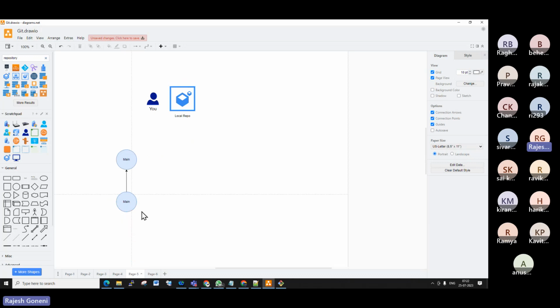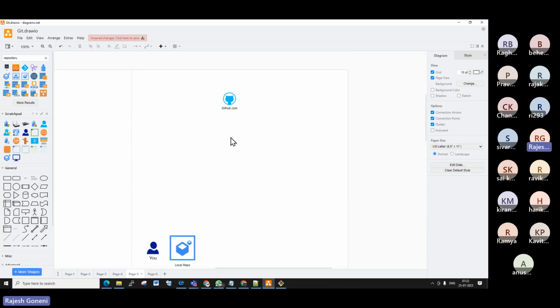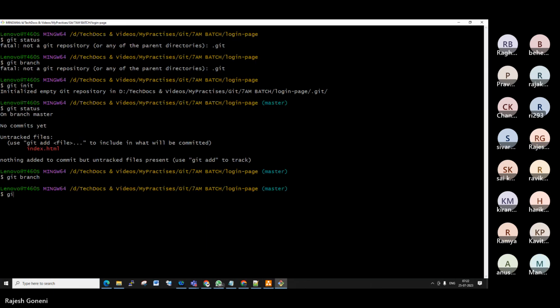Suppose this is a local and this is a GitHub. I'm planning to move here. That means from here to here I need to move. That you know very well. The commands are there. Git add